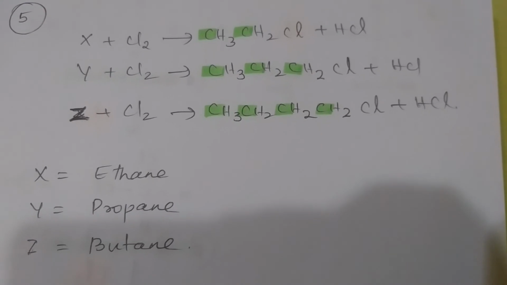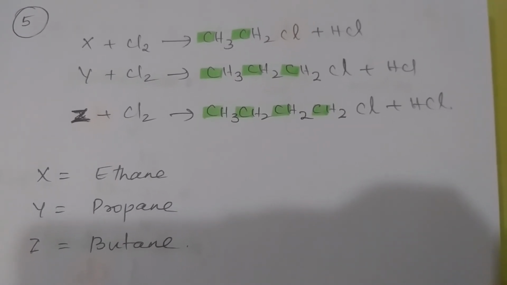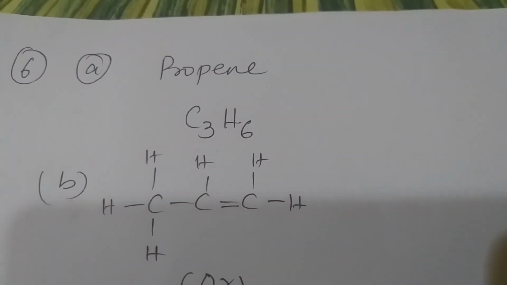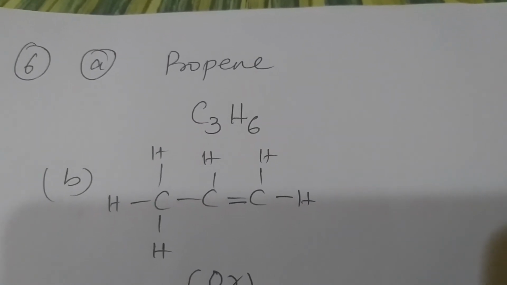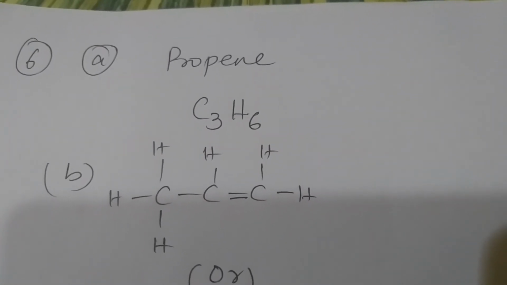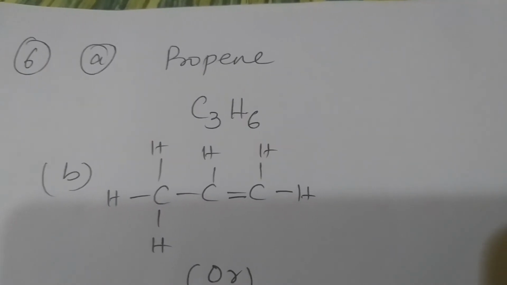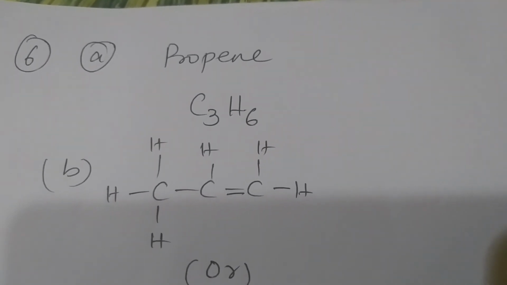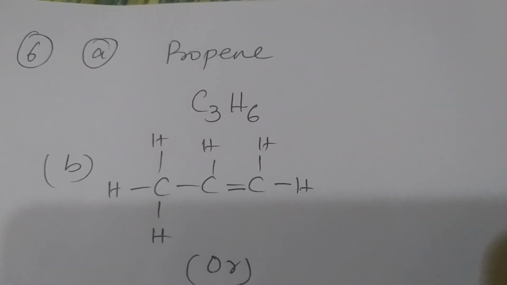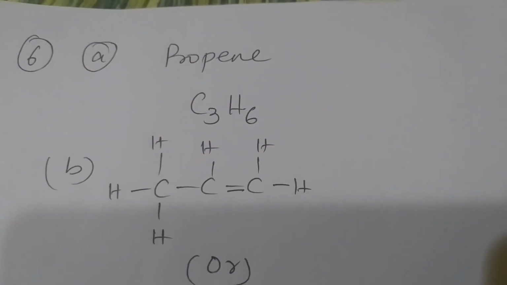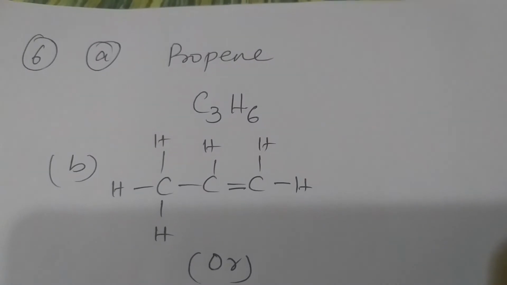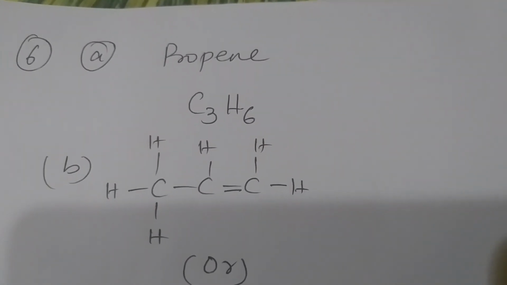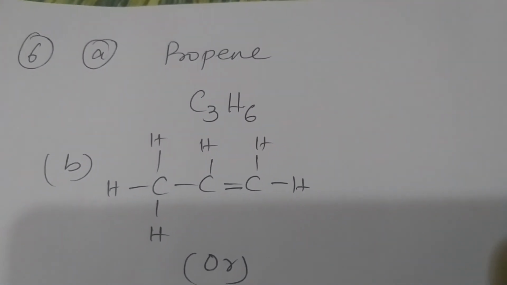Please feel free to ask questions if you still have any. For question number 6a, you're asked to find the molecular formula of propene. For prop, it's three carbons. And ene means there should be a double bond, it's an alkene. So apply the general formula CnH2n for alkenes. Prop is 3, so if you substitute the value of n in the general formula, you will get